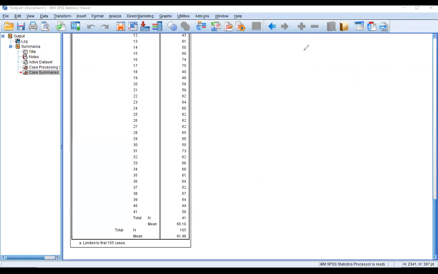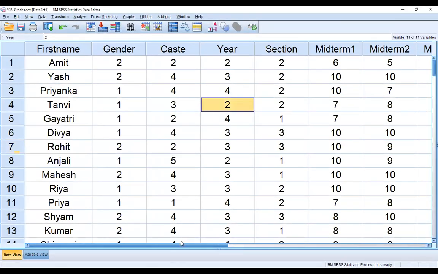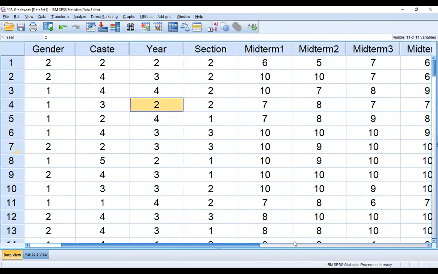The second topic is creating a new variable. If we want to create a new variable, this is my data. In this data, I want to create a new variable.